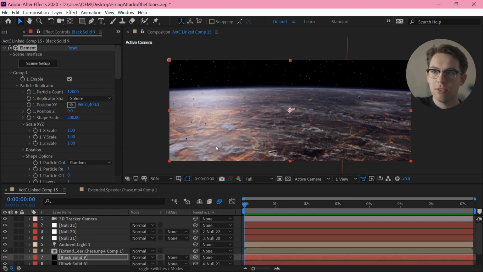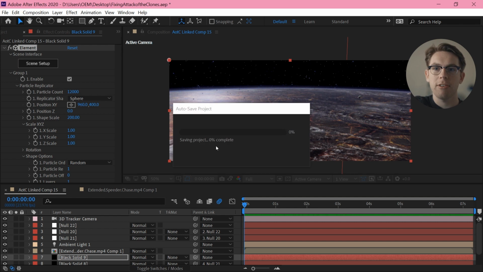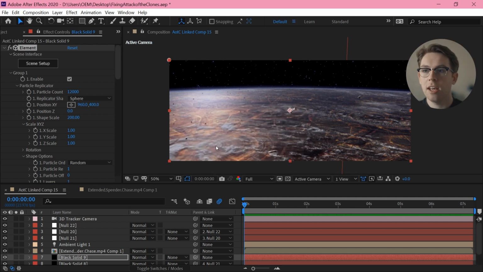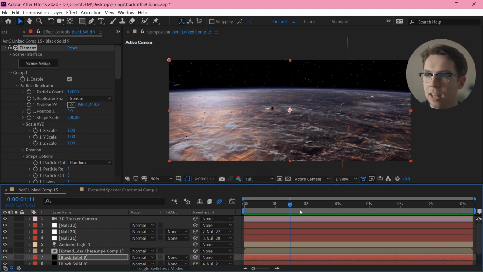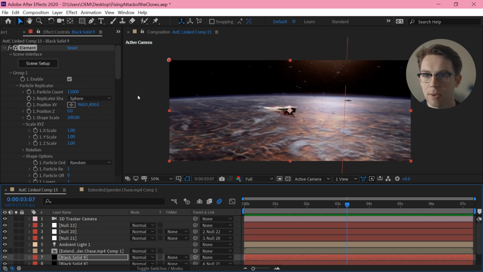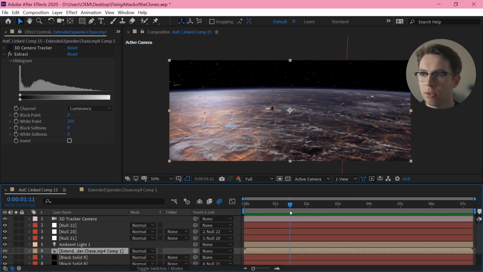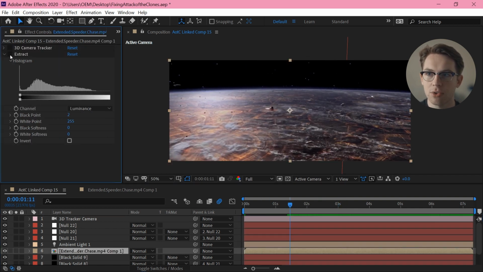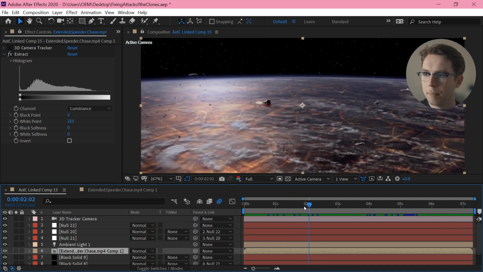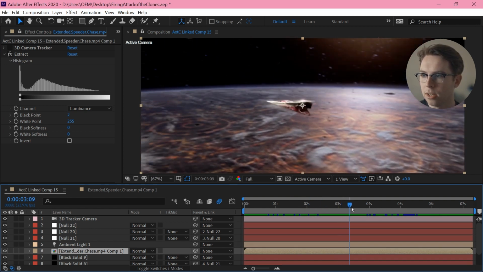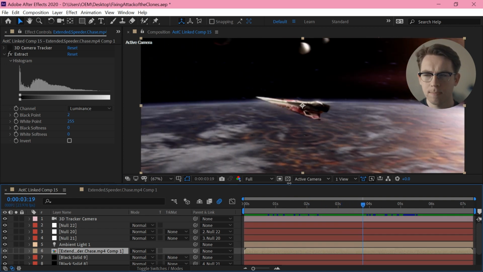Just 12,000 2D planes pushed really far back and mapped onto a sphere. And then obviously as we pan the camera around, that matches up pretty nicely. I'm revealing those behind the layer by just extracting the black pixels out of that deleted scene footage. But the problem is, I lose the track about halfway in.